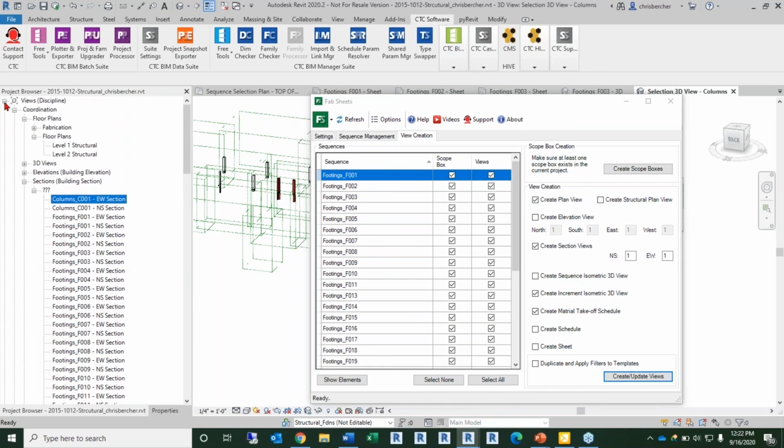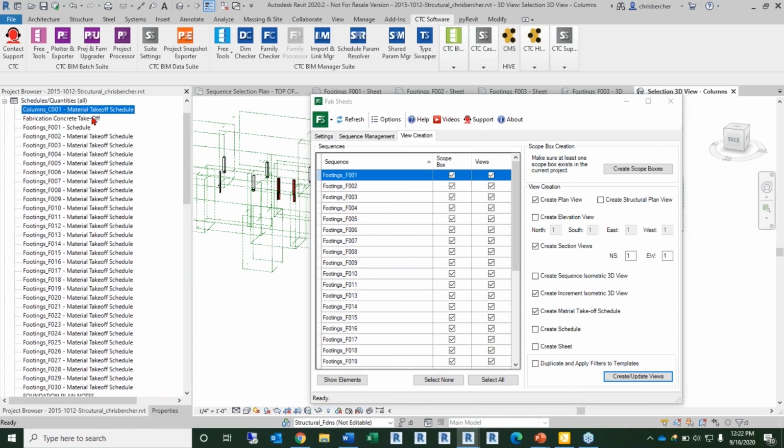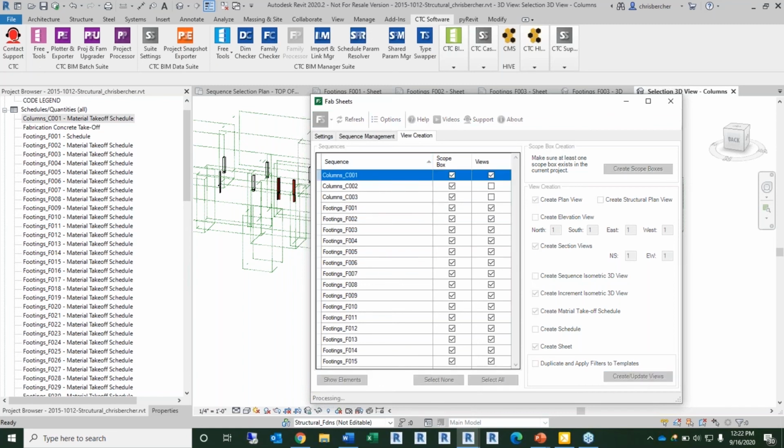And if I keep going down even further into my schedules here, I should have a columns material takeoff schedule. Okay, so everything happened the way I expected it to. Now I'm going to go ahead and hit create sheet on the columns again and create an update. So if any changes have been made, it'll update the views that were already created. All it's really doing in this case is generating the sheet view for me and putting these views on that